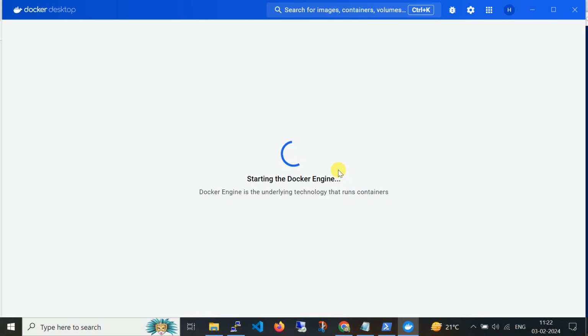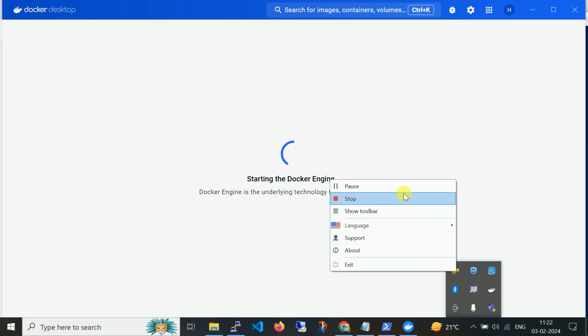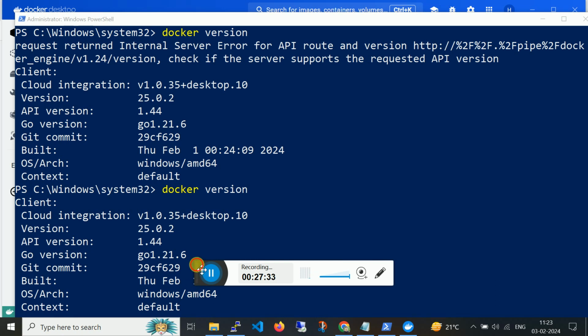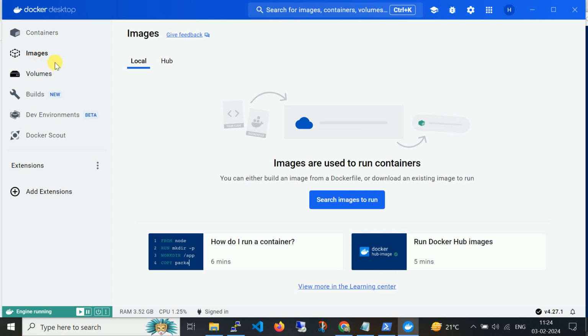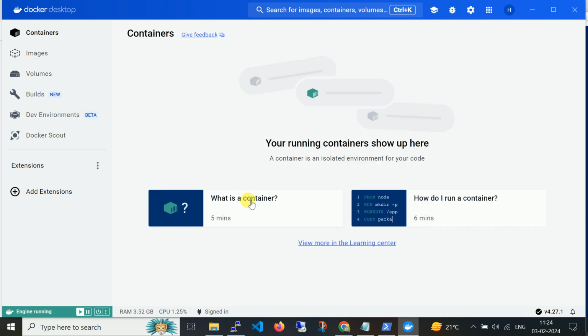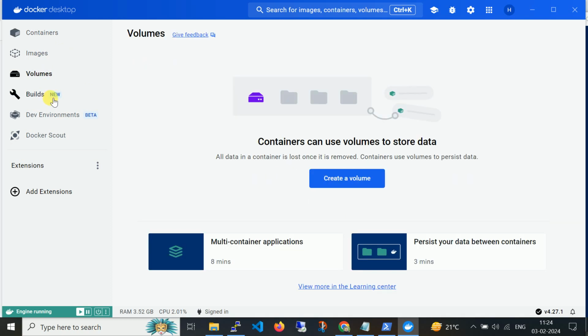I'm just pausing this video again because it took some time to start the engine. So now Docker Desktop is running and the container engine is also running. So you can see the containers. Currently there are no containers; images, volumes, all the things you can use in GUI format.